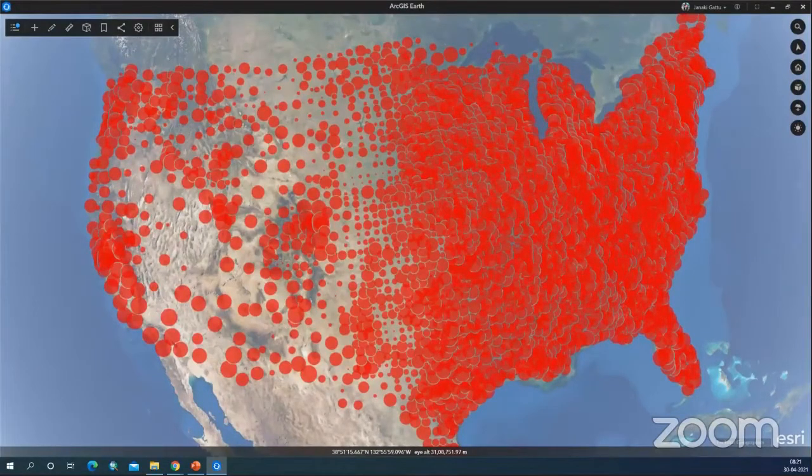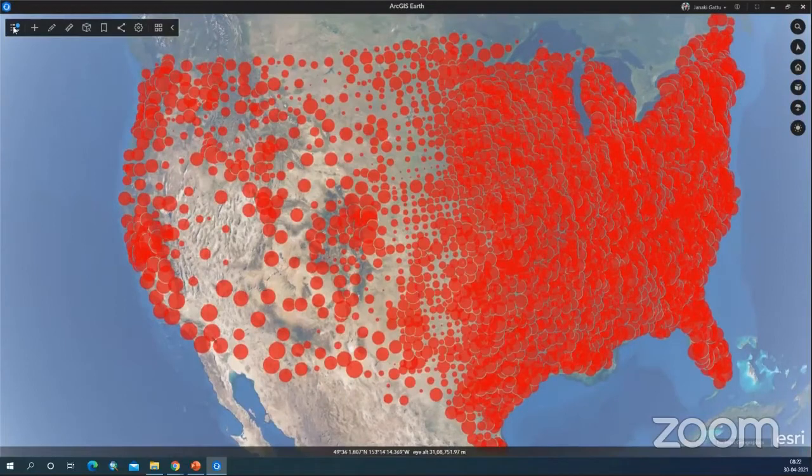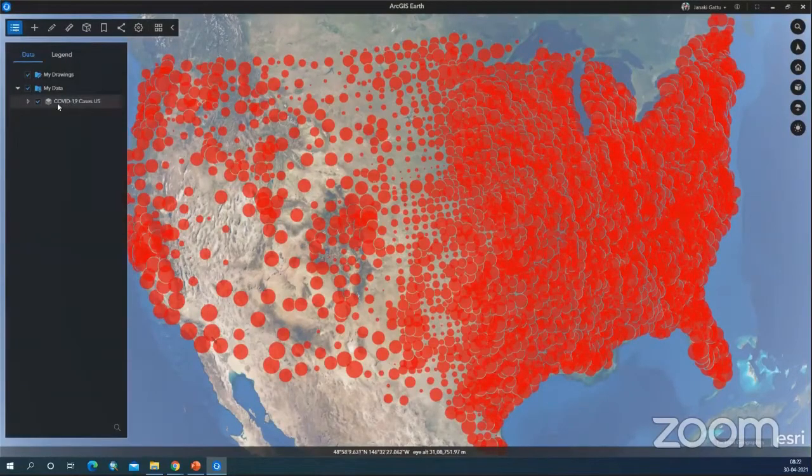And now we are going to see the cases in a 3D view, for which I need to change my symbology. First, as the data is added, where do we find the data? How do we change the symbology? So if you see here, you have the first icon showing the expand table of contents. When I expand the table of contents, I have this COVID-19 cases for USA, and you can see the legend.